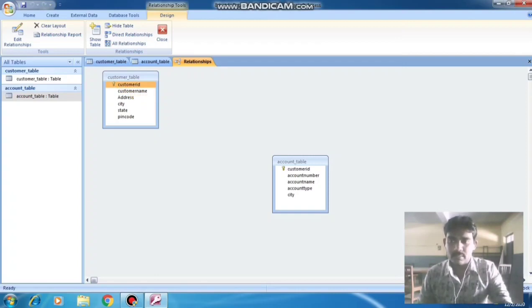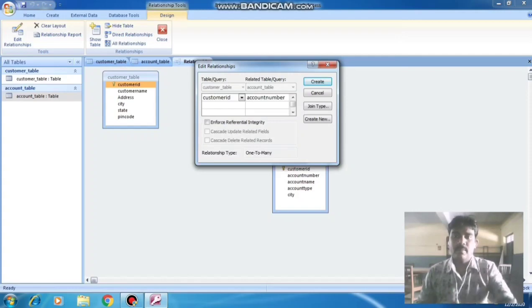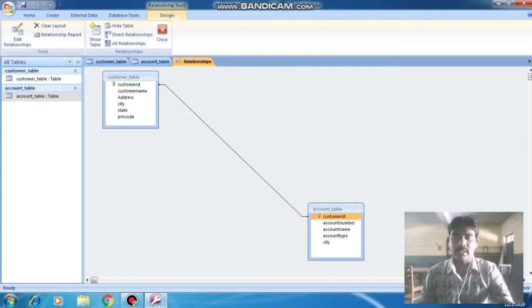At that time the Edit Relationships window will appear. In the customer table, the primary key is customer ID. In the account table, I also set customer ID. So I select that customer ID. Next, create. So I have given a relationship between the customer table and the account table.